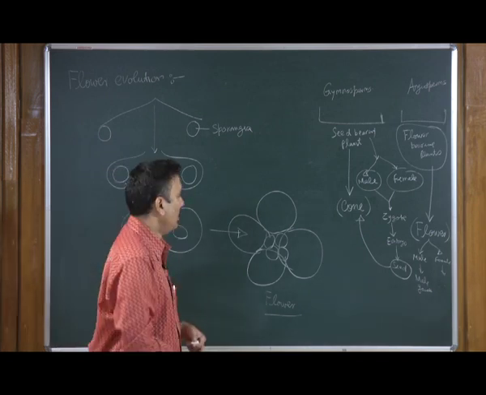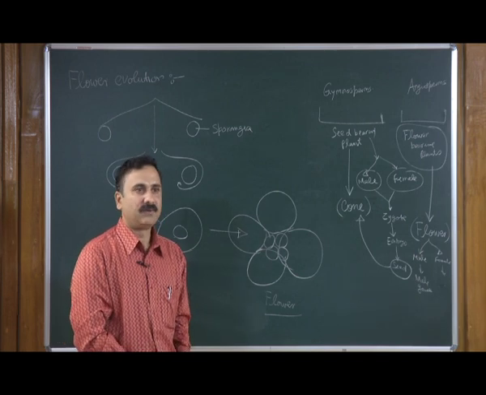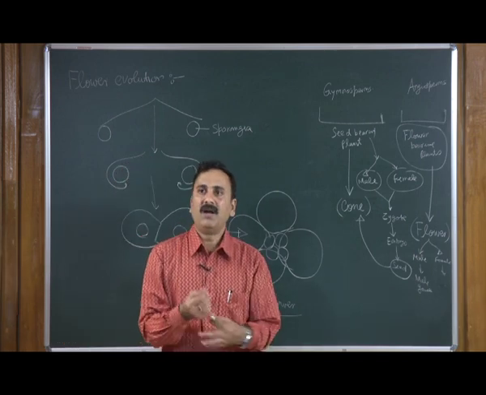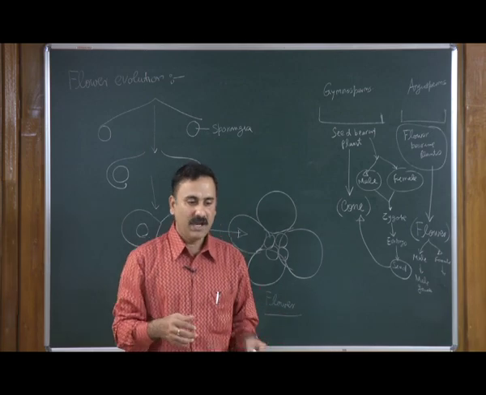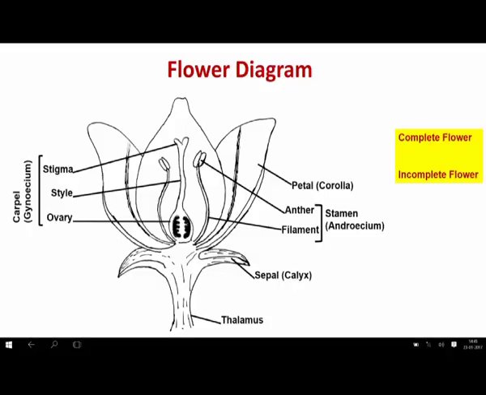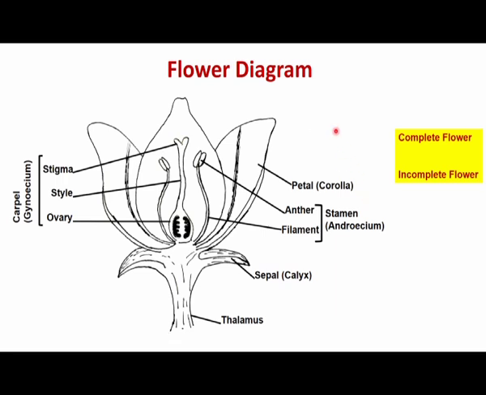So, let us see how the different flower parts are arranged on the flower. As you can see on the PowerPoint slide, you can see the structure of a flower. A typical flower consists of 4 whorls, meaning the 4 circles in which the flower parts are arranged. What are these 4 parts? The outer part is known as the